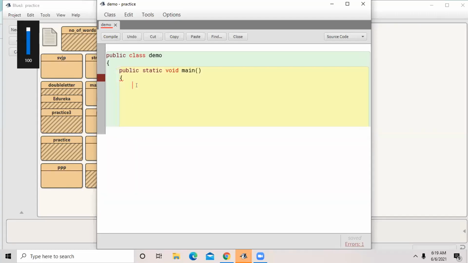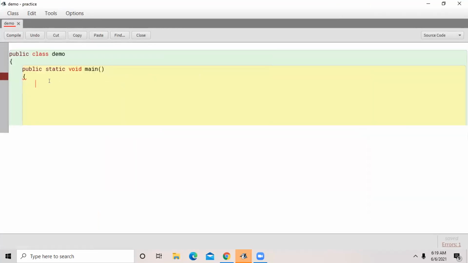Just type System.out.println. Yes, correct. And type a function. Suppose first declare a variable. Any two variables you declare. Not int, a String one you can declare, because we are working on string data, right?